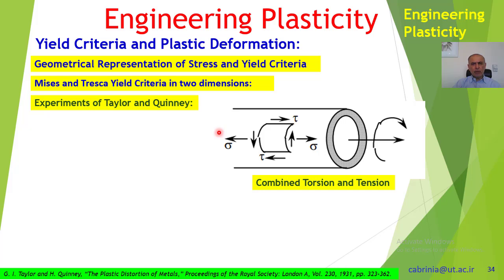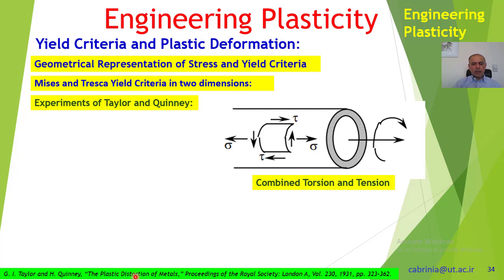I mean, if you have a theory, if you have a mathematical relationship, then you must carry out some experiments and obtain experimental data and compare it with the theoretical data and see whether they are correct or not. Now, in order to do the experiments, obviously from many years ago, for instance 1931, Taylor and Quinney did an experiment and published a